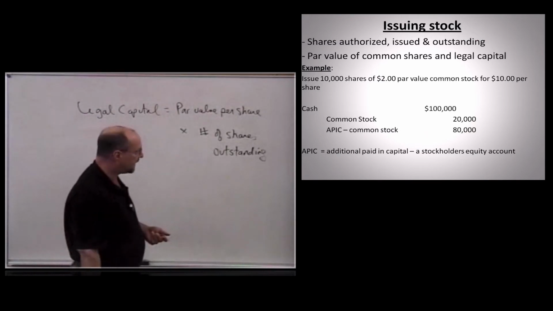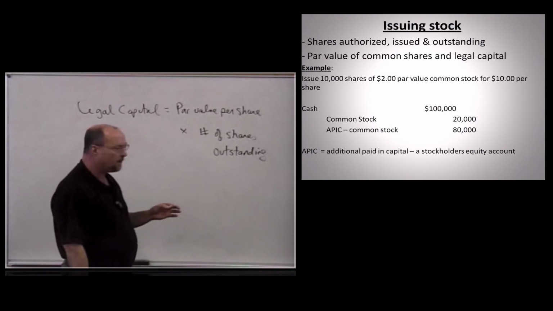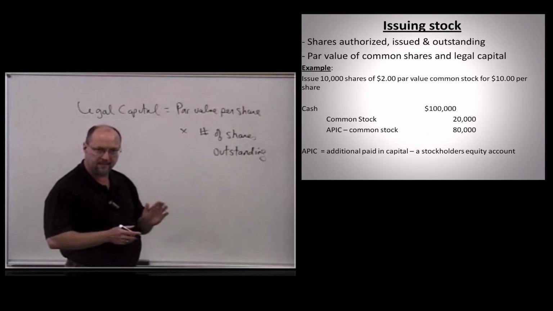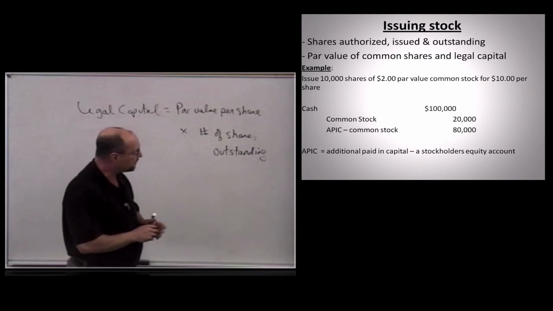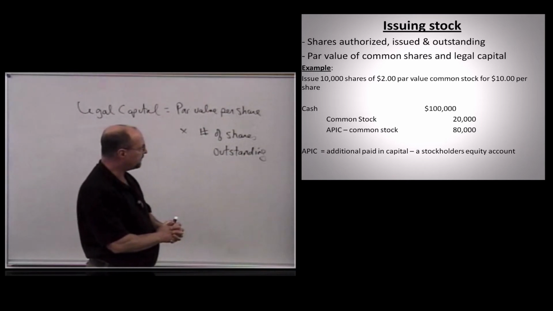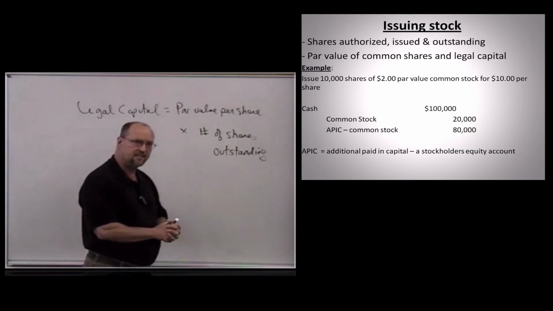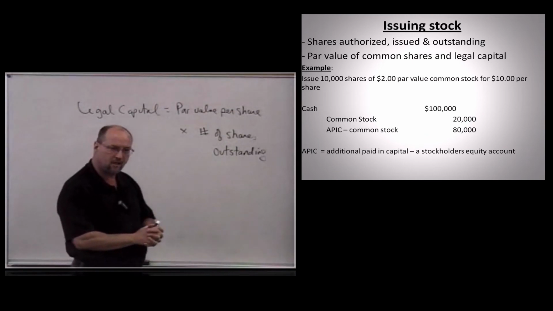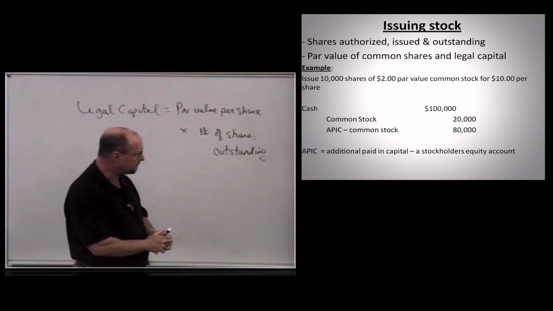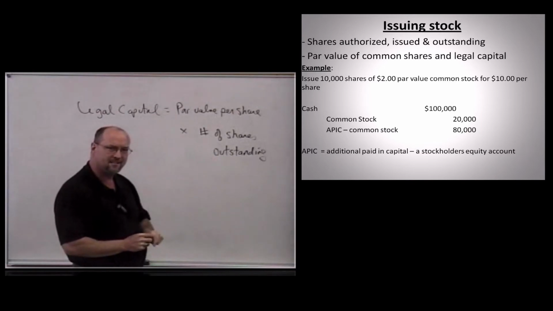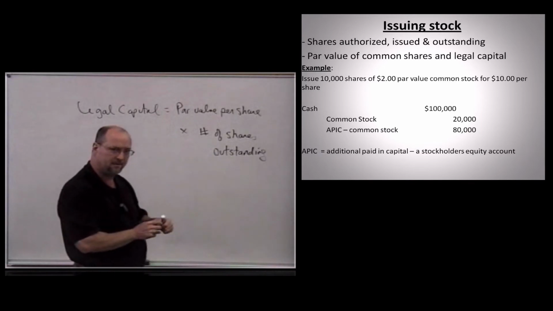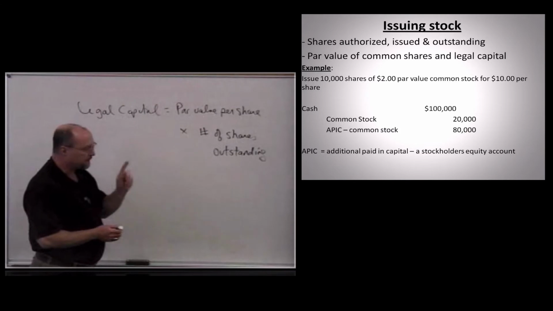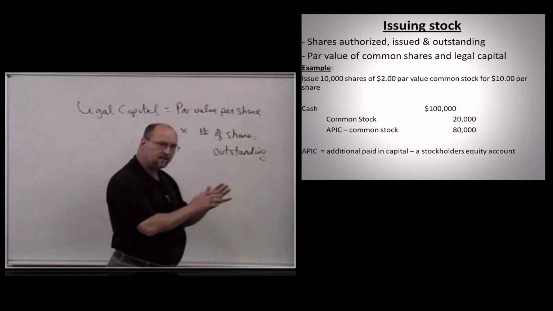As far as you're concerned, the accounting student, you simply have to know that when we issue stock, we're going to sell it at market value, which will always be higher than par value. So in our example, the market value is $10 per share, and we're going to raise $100,000. You multiply 10,000 shares times $10 market price per share. That's $100,000. Debit cash for $100,000. I'm going to credit the common stock account, and make note, that's my legal capital. Number of shares issued times par value per share. And I'm going to credit common stock for $20,000. Again, that's my legal capital.